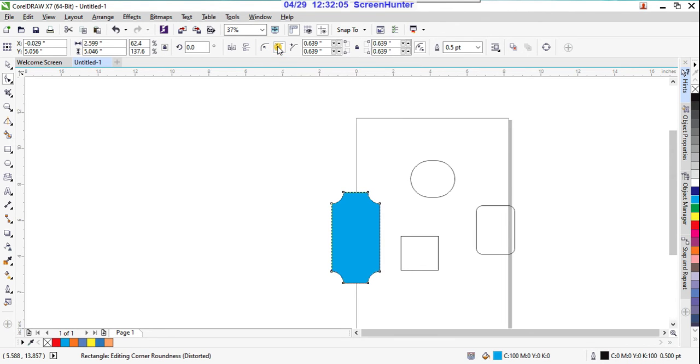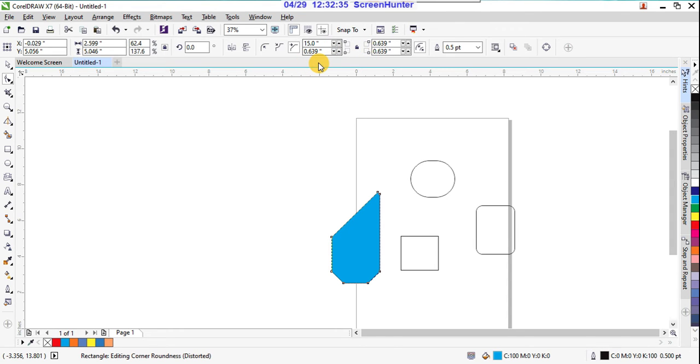Scalloped corner. So see, sometimes very easily we get these kinds of shapes. And this is also chamfered corner, so you can use this, see. And otherwise give some value. Suppose here I'm giving 15. See, by giving values you can control this, right?